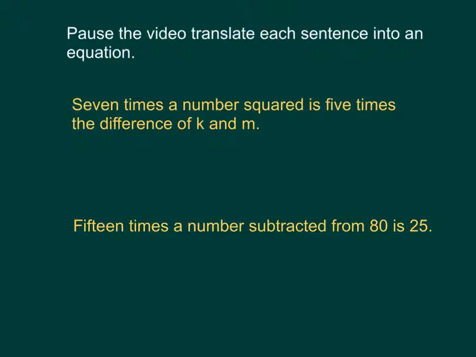Pause the video to translate each sentence into an equation. 7 times a number squared is 5 times the difference of k and m. So you want to identify things that are important. So we have 7 times, so 7 times a number. So a number is usually represented by a variable, so we'll just use b. Number squared